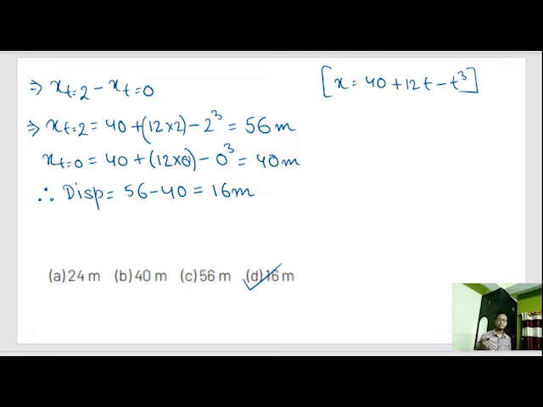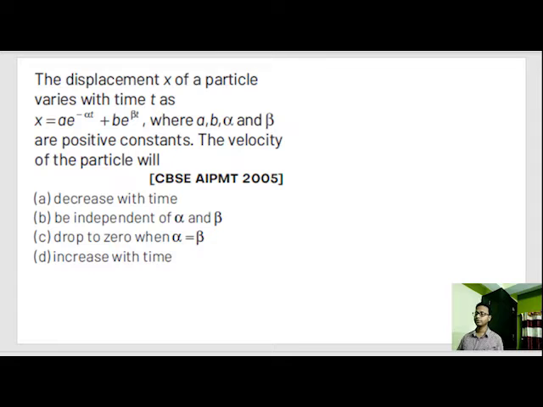See, in some books the answer is given as option number C, which is 56. That is usually wrong. In whichever book the solution is given as 56 meters is usually wrong. x is nothing but the position from the origin point, and displacement is nothing but difference of position vector. So this will be a higher thing to learn, but why those solutions are wrong, that was the answer. Now let's look at the next question.